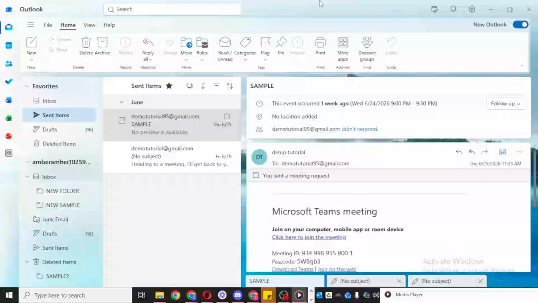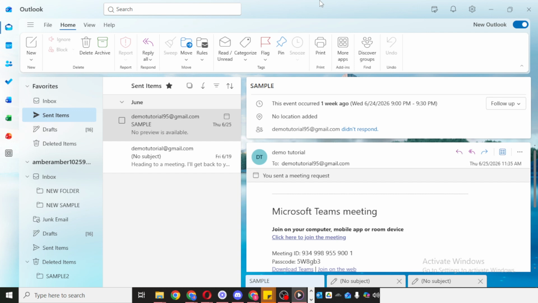In today's video, I'm going to teach you how to manage labels in New Outlook 365. If you want a simple way to organize your inbox and make important messages easier to find, using labels, also called categories, is a great option. In New Outlook 365, categories let you assign colors and names to emails, so you can quickly identify different types of messages at a glance. This is especially helpful if you want to separate work emails, personal messages, follow-ups, or priority items.